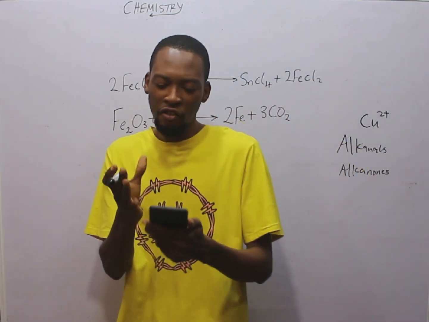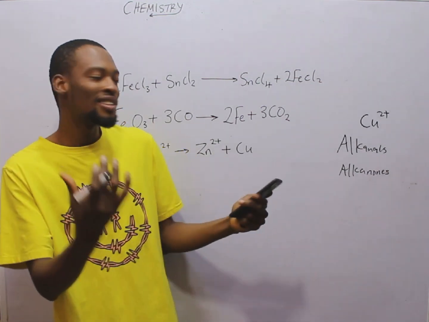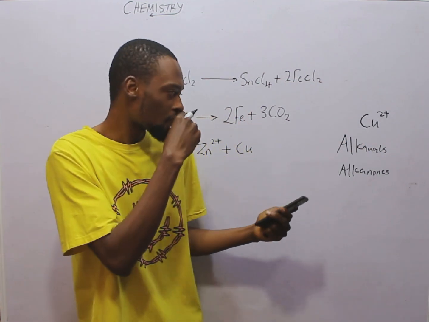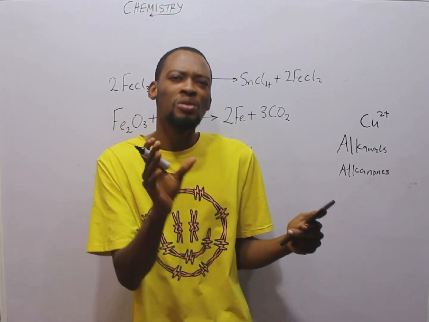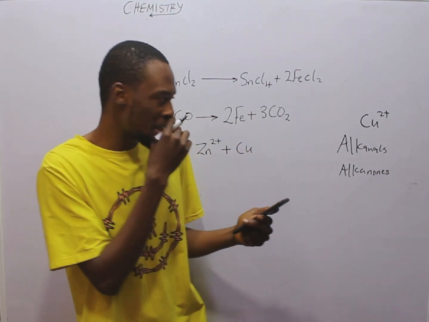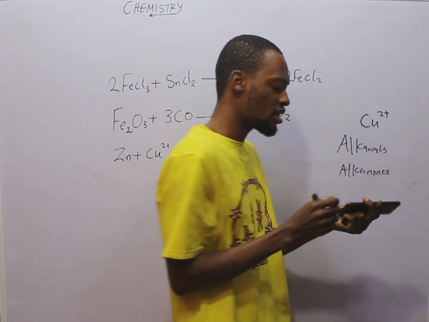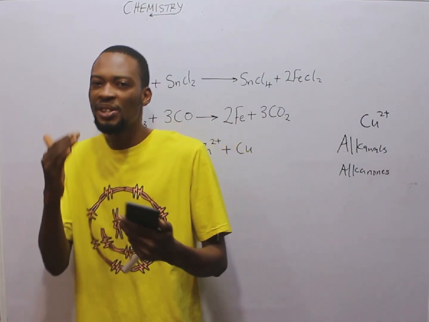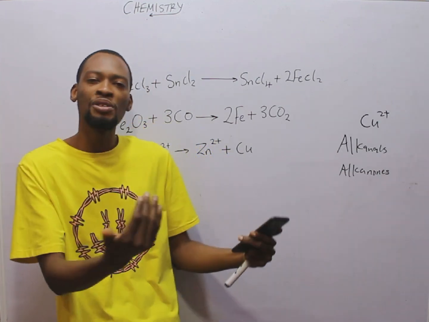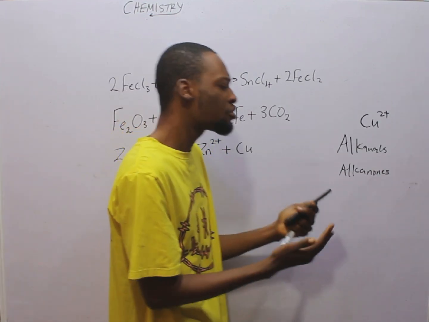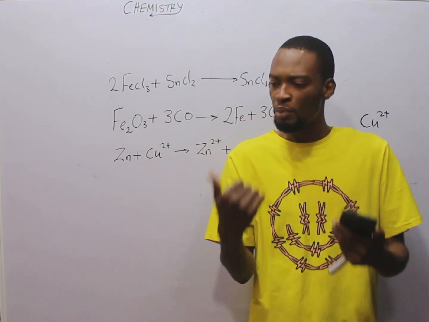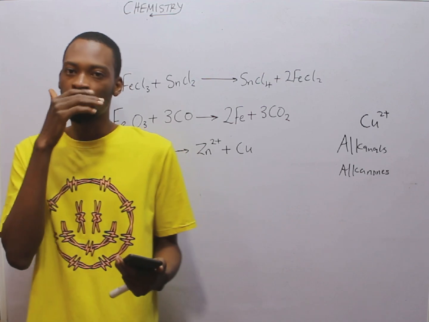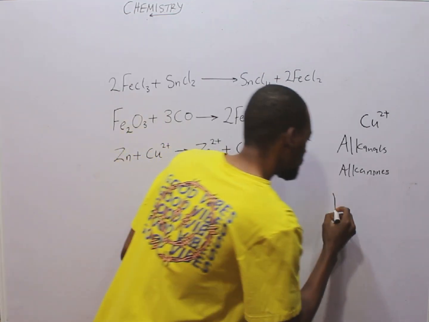Don't worry, I have questions on organic chemistry, or you can check out my organic chemistry video. You have a whole lot to play with. Fehling's solution is used to test for reducing agents, and it is a mild oxidizing agent. This takes us to oxidation and reduction, redox reaction. In chemistry, you have to treat redox reaction to score high, because in objective or theory, you see questions under redox reaction. What is redox reaction?